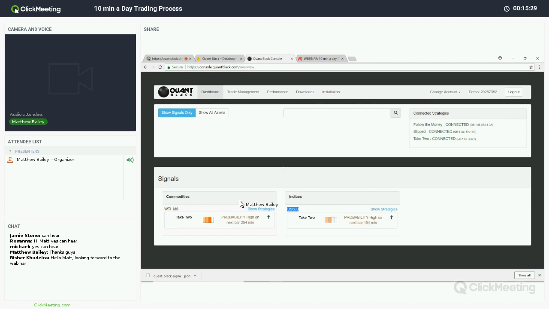So it's showing me the signals here. The way this platform is set up is once you activate a strategy, it's not a fully automated system. It won't keep taking trades. It will just be activated for the next signal. So if the next signal happens, it will take that trade. So if I just click on WTI M8,